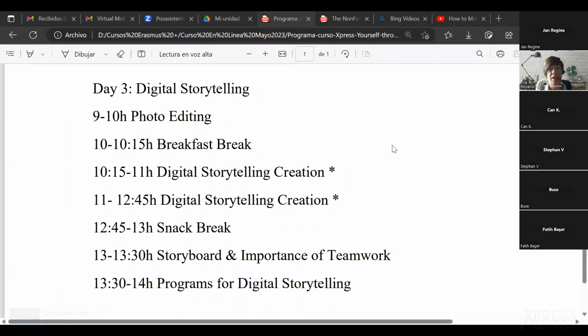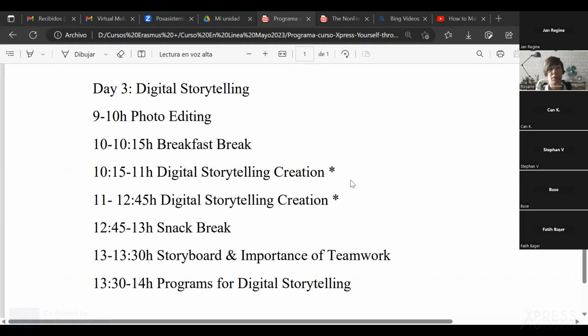So today is day 3, and we are going to continue with digital storytelling. We already know how to set our camera, how to use our camera, and how to make good pictures according to the composition and taking the light into account. So now is the time for photo editing. We will see this.